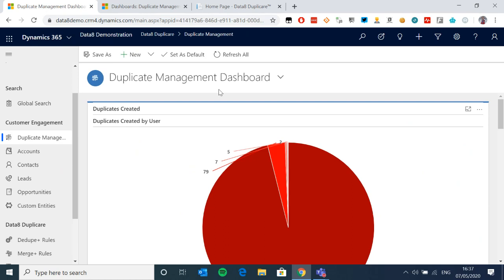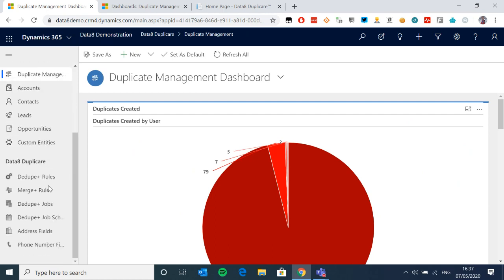So if you want to, is probably the best answer I've got for you right now. I'll just jump in on that one as well. If you do remake them as DG Plus rules, then you'll get some of the batch functionality as well that Matt's going to move on to in a minute, that you won't have if you carry on using the standard out-of-the-box duplicate detection rules. Yeah, that's correct. I forgot about that because I've not gone to that bit yet.